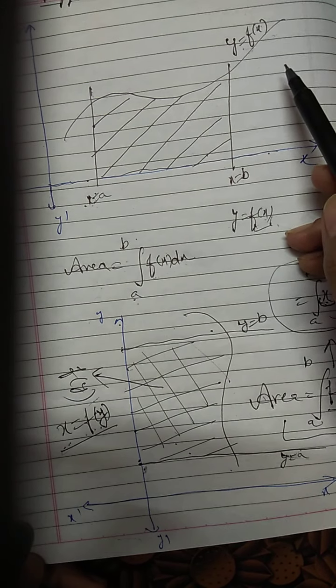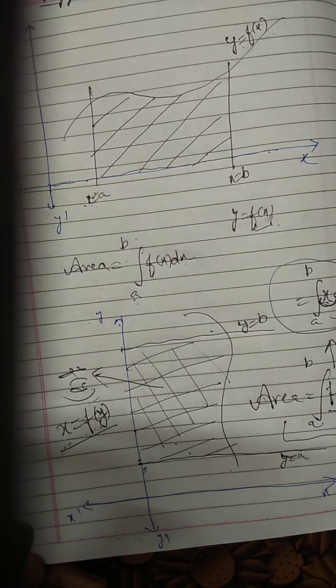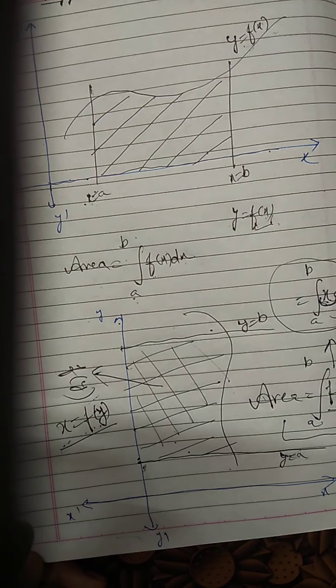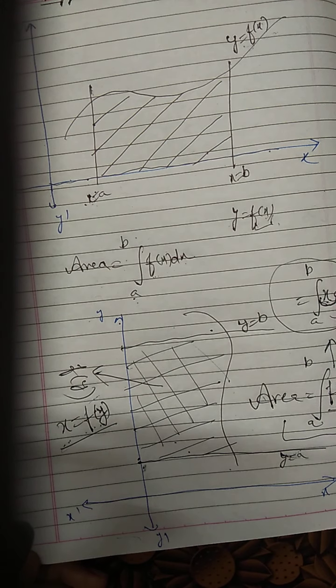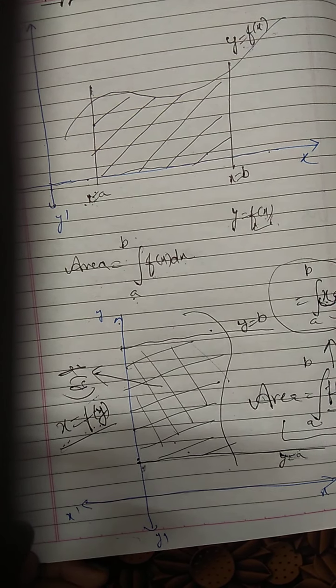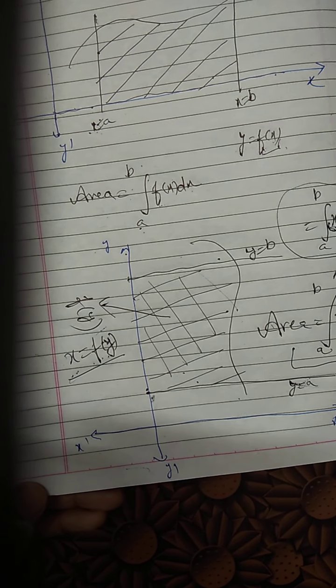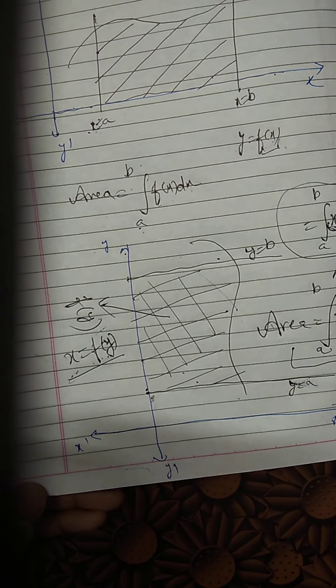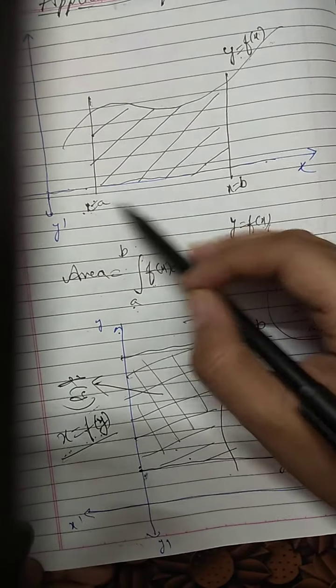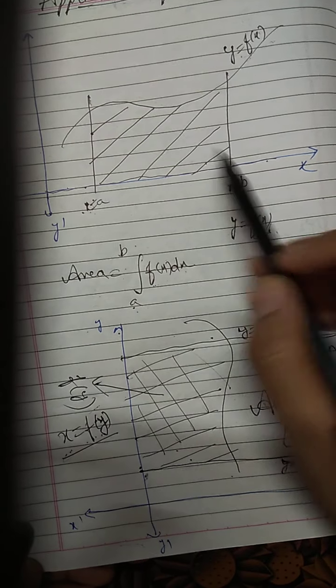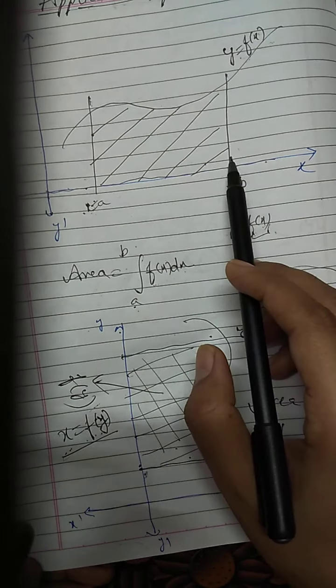Okay. The next thing, what we are discussing here is how to find the area under the curve. Remember, we always find the area under the curve only, not above the curve. So area under the curve only we will be finding. Above the curve we can't do. When I am finding the area, it has to be bounded above by the given curve and below by the x-axis, and we have taken two lines also.